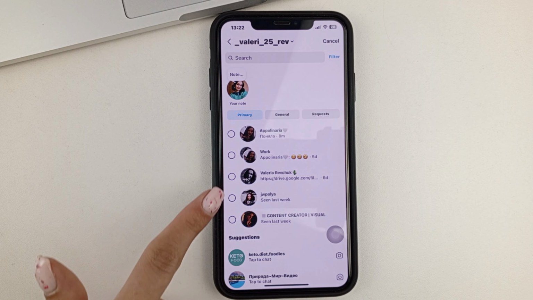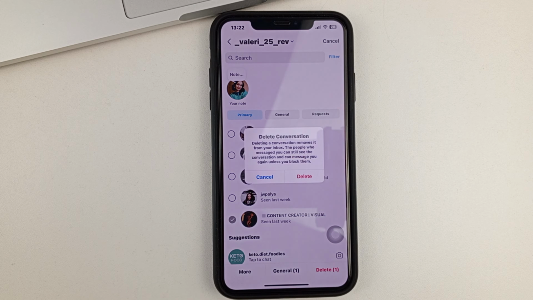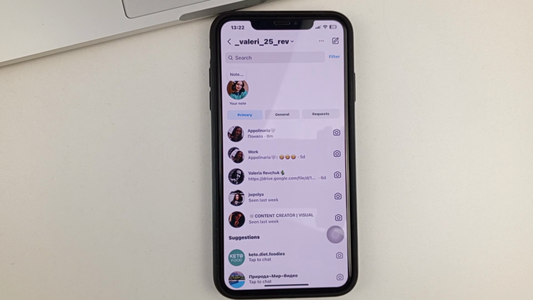You click on it, and as you can see, we have these empty circles near the chats, and you can choose any chat from the ones that are offered to you. Then once you've selected a chat, 1, 2, 5, 10, as many as you want to delete, you just click at the bottom delete and confirm your action.